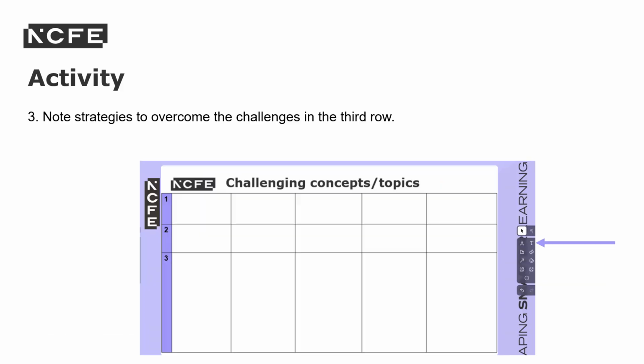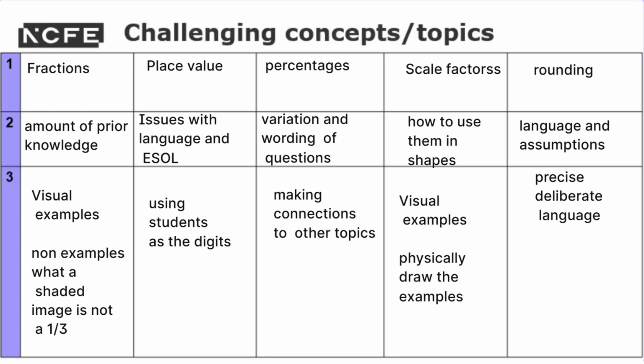And again, we set this as an activity. So after we'd completed the first 2 rows, looking at challenging topics and why they're challenging, the next thing, together in the groups, our groups noted down how they could or how they do already overcome the challenges. So they noted those in the 3rd row, and I'll go back again and I'll show you what one of the groups had written. So it's the same group as before, and for fractions they suggested using visual examples,